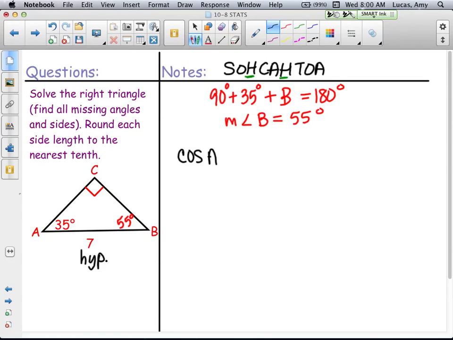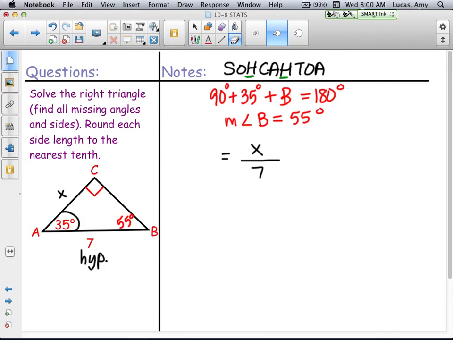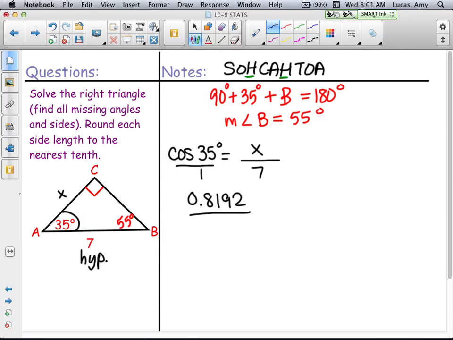So let's do the cosine of angle A. So cosine of angle A is going to be the adjacent side. So the adjacent side is right here. So I'm going to say the cosine would be adjacent over hypotenuse. And instead of cosine of angle A, remember we know that A is 35 degrees. So the cosine of 35 degrees, and then I make it a fraction. So now I've got 0.8192,